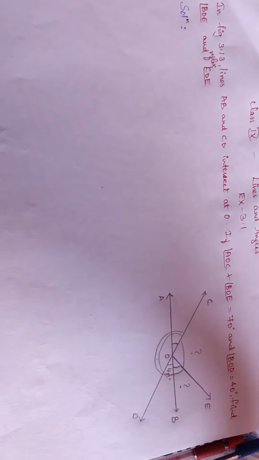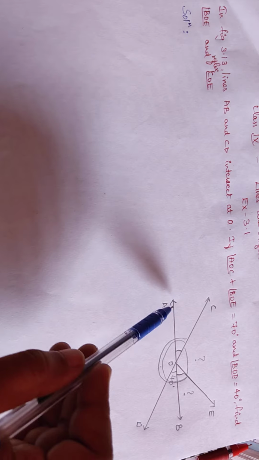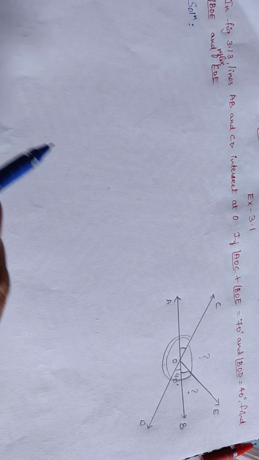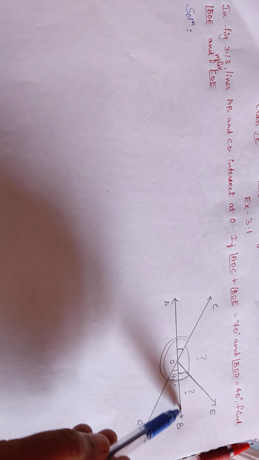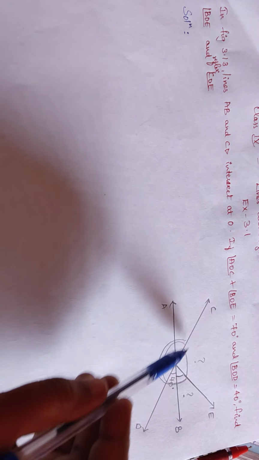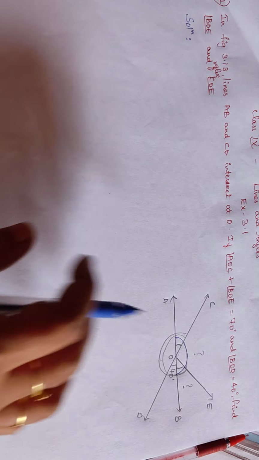So how do we do this? We will first start by finding angle COE. Now, as you know, for angles on the same line, that is the linear angles, the sum of all the angles will be equal to 180 degrees. So I am going to take this line AOB. There are three angles in this, as you see: AOC, COE and BOE. So we are going to take the sum of these three angles as 180 degrees.